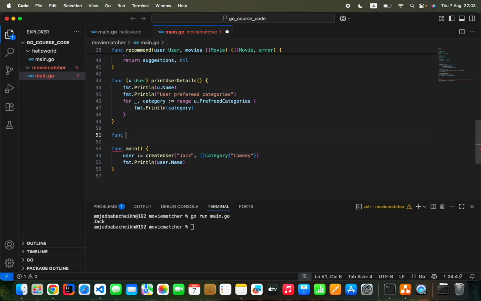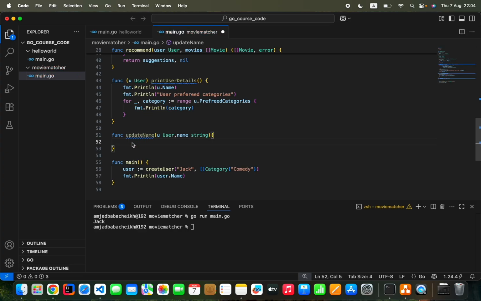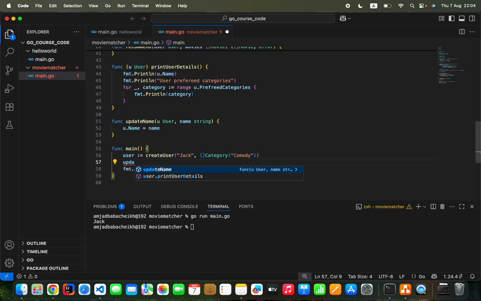Let's imagine we have a function called update name that takes as parameters a user and the name that we want to update the username with. This function will just take the username and update it with the name that we pass in as a parameter. Let's try to test this function on the Jack user,